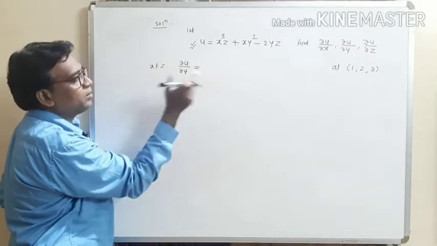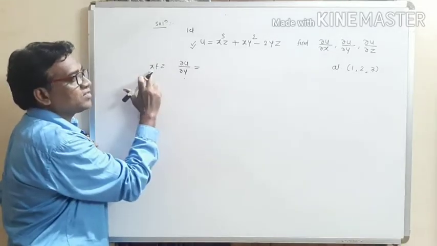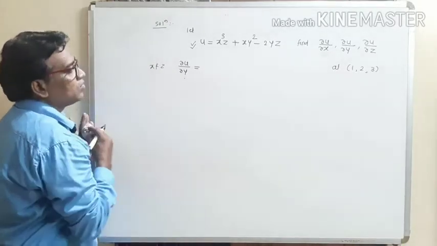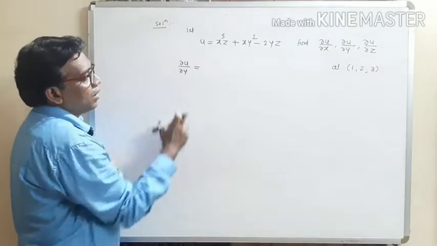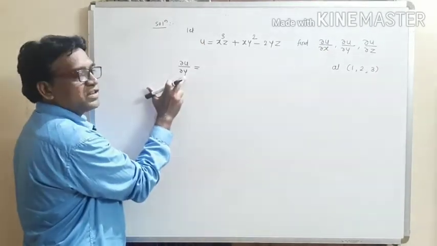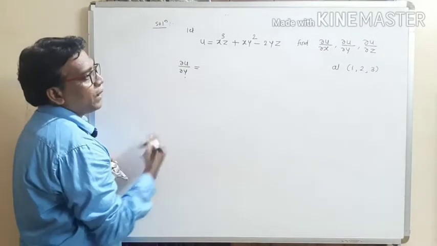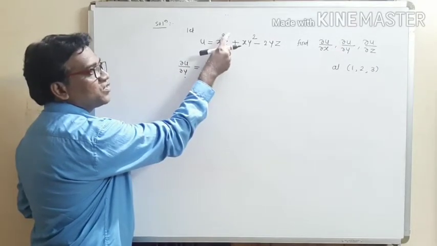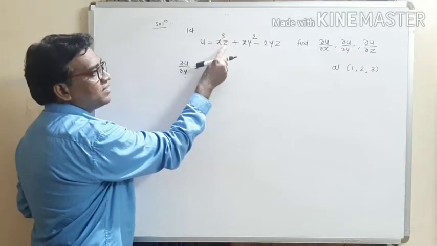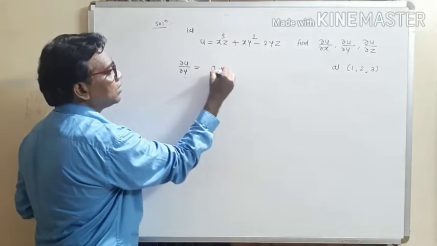So what are the remaining terms? x and z are the remaining terms. So let us keep x and z as constant terms. So write down the derivative, this is equal to the partial derivative with respect to y. So just find the derivative of y only by keeping x and z constant. x cube is a constant term, z is a constant term, so the derivative of a constant number is 0. Plus